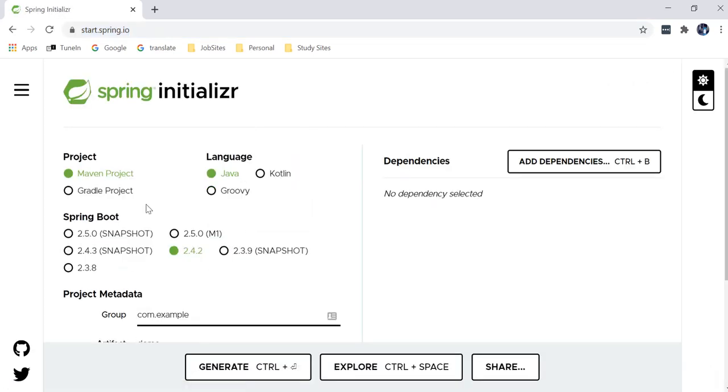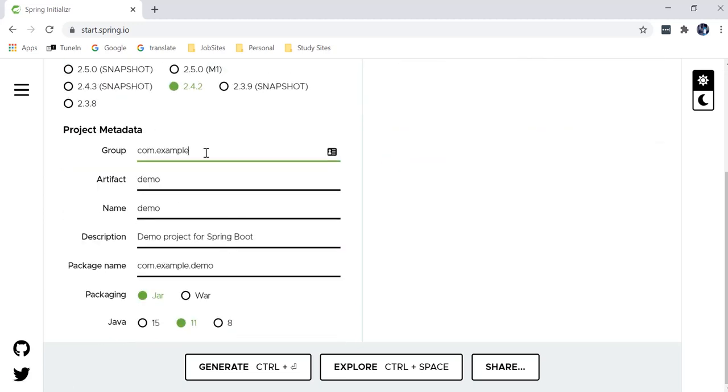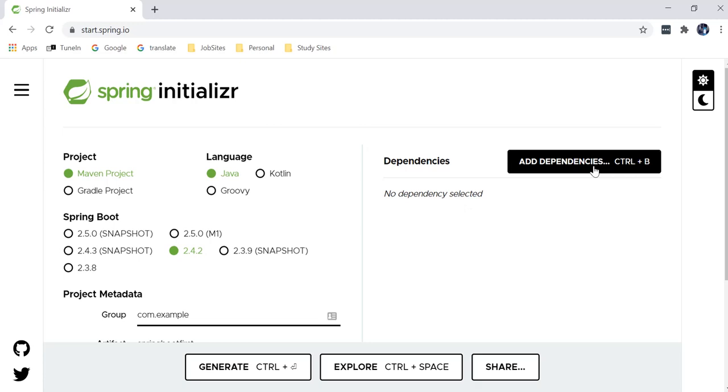So here I'm creating the project structure. I'm using Maven and language Java and a Spring Boot version. Here you have to create a group, com.example, artifact ID, Spring Boot. Here it is my first project. So com.example of Spring Boot. You have to choose the Java version. Here I am using 8, and the dependencies